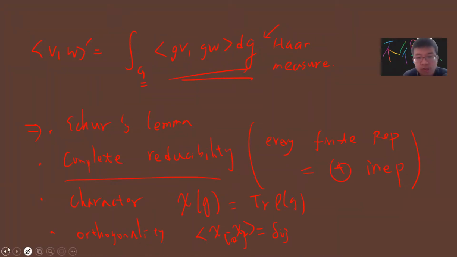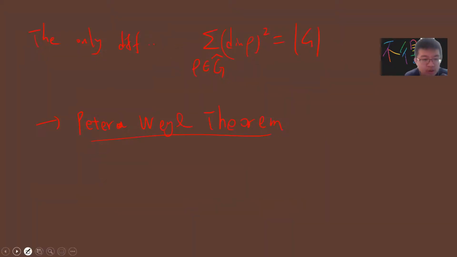Previously, I already discussed that in a compact Lie group, you can construct a so-called Haar measure. Once you have this Haar measure, you can prove all the similar theorems as for finite groups, like Schur's lemma, irreducibility, and characters. I just replace the summation in the inner product with the Haar measure. So in this video, let's talk about the explicit construction